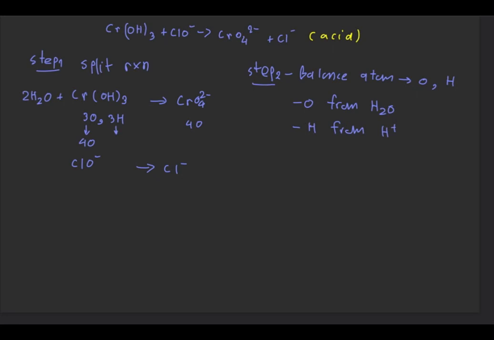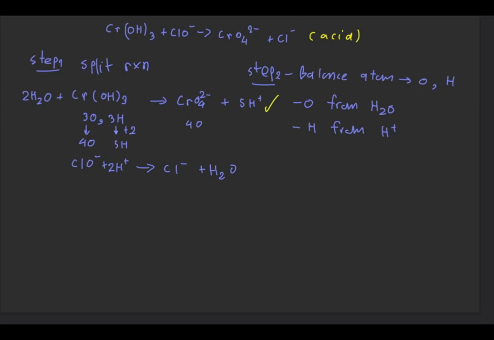Let's look at the hydrogen: 3 plus another 2 from water. We now have 5 hydrogens on the left. So to balance hydrogen on the right, we will add 5 protons. Now both oxygen and hydrogen are perfectly balanced. The first equation is all set. Okay, now for the second equation, we just balance the oxygen first by adding 1 water to the right side, and then we balance the protons on the left, just like before.